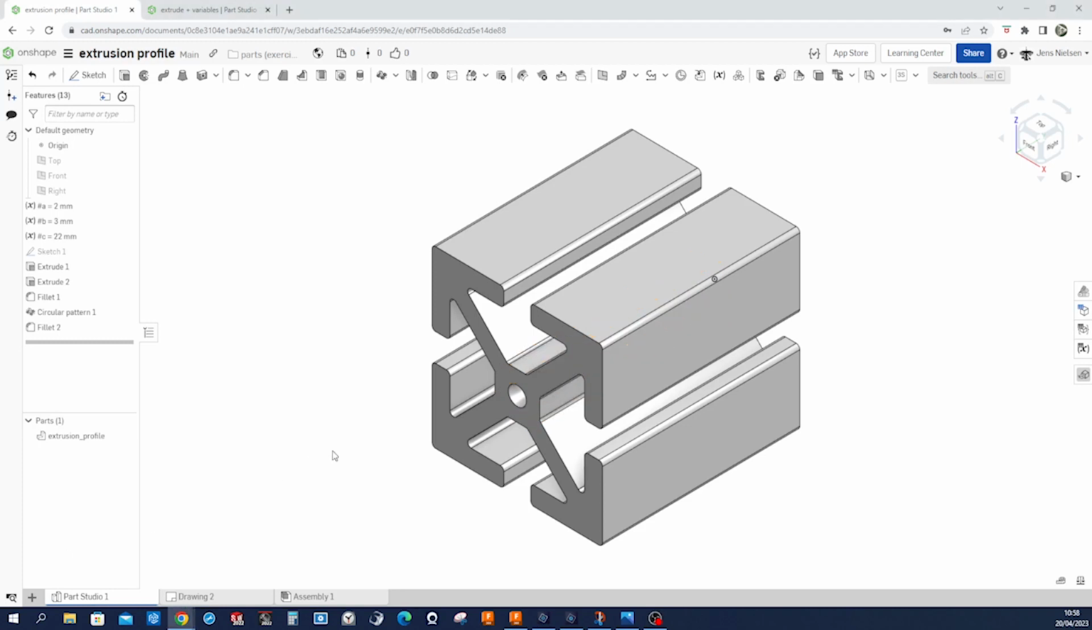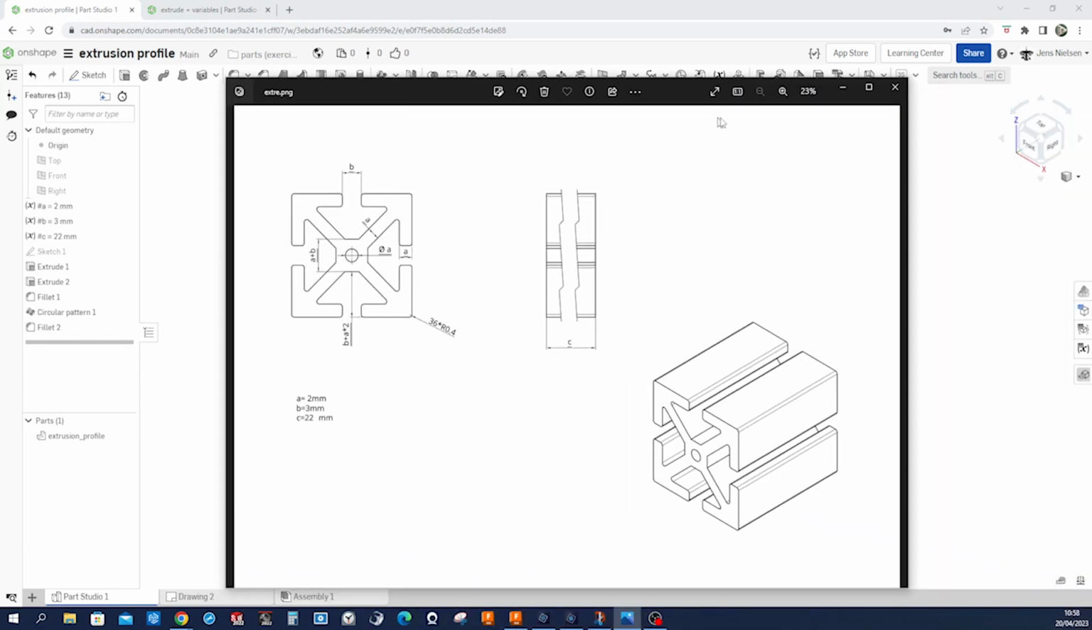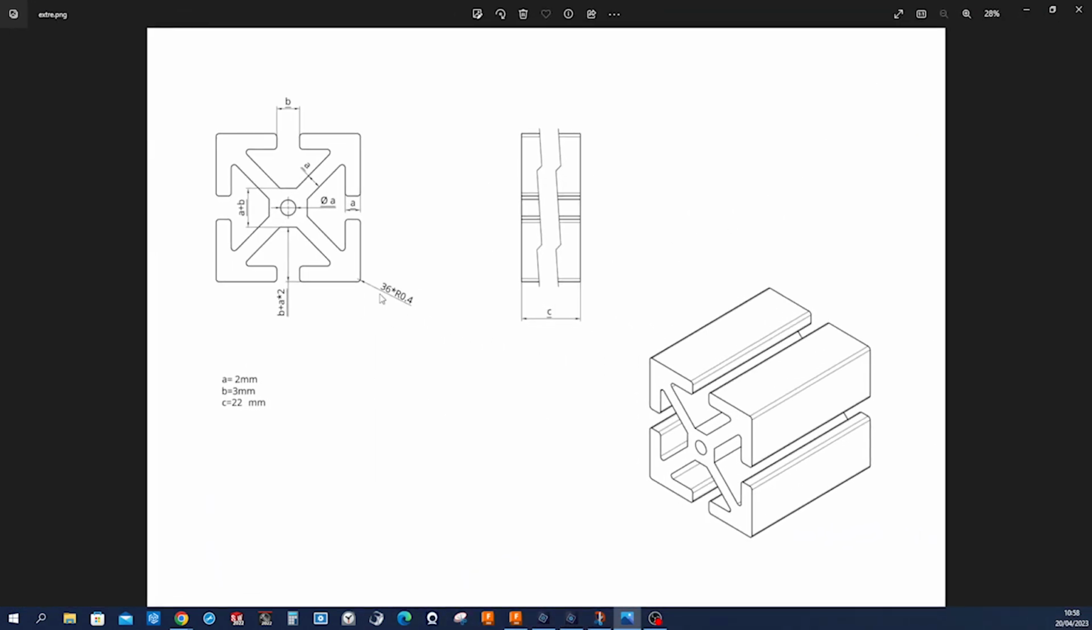Hello, let's model this aluminum profile with some basic commands like extrude, fillet, circular pattern, and have a look at variables here. I prepared a drawing for this, and the variables are defined with those values: A is 2, B is 3, C is 22 millimeters. And then we see in the drawing